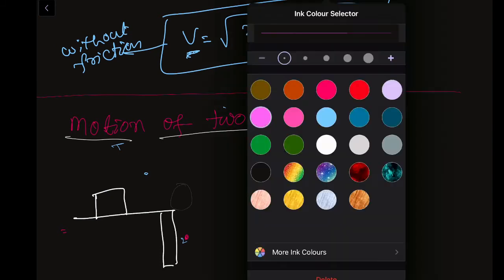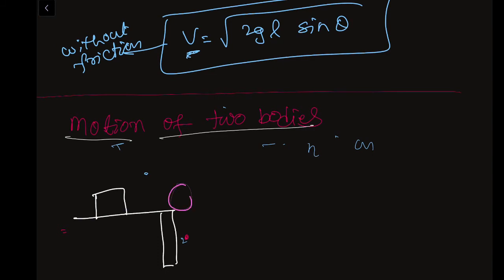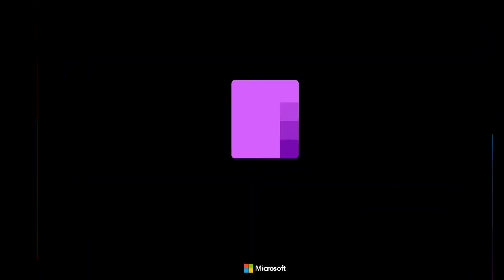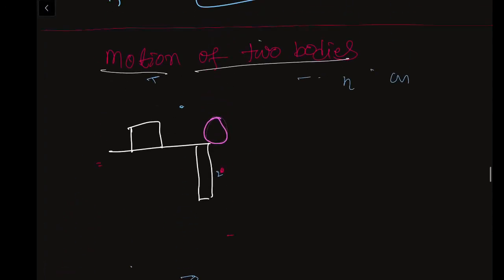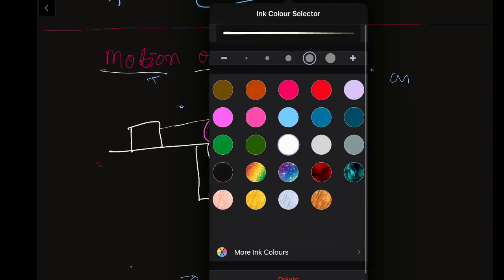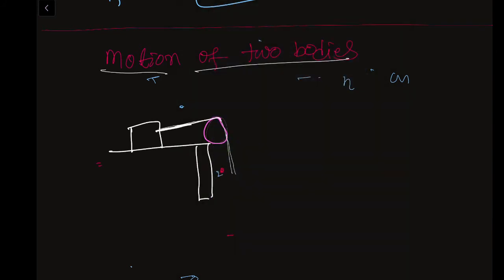Here we take a string, and another body hanging. The body here is M2 and the other body is M1.